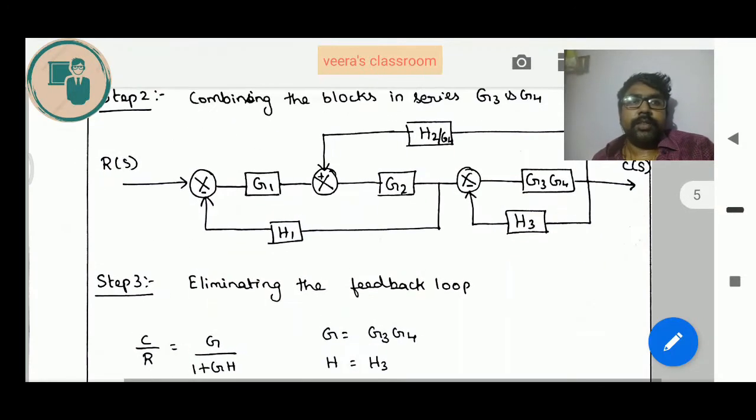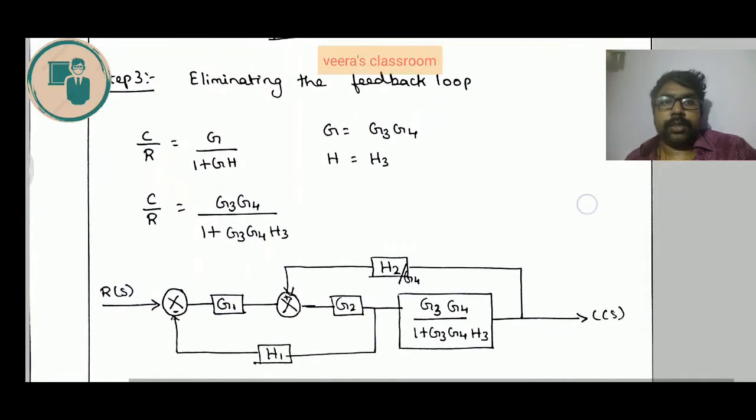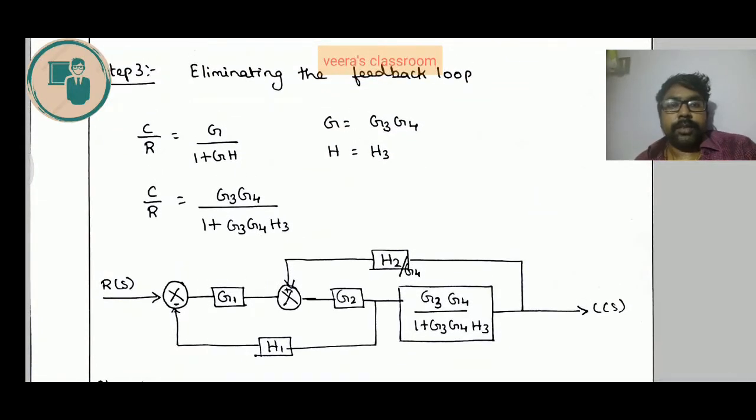So we can replace this entire feedback loop by this block diagram. It has been substituted in this diagram. Now if you see this diagram, the feedback loop has been replaced by this term. What is the next step? What can be done? We have again a deadlock here. Again we can try to move this branch point. Here also we have two methods.